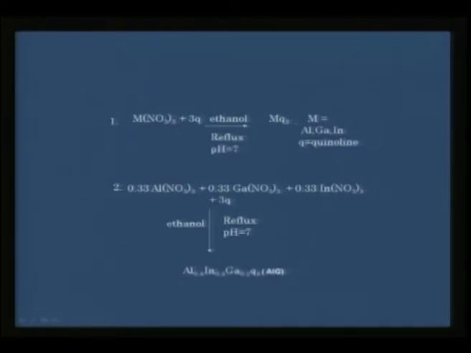How do we prepare such a complex? Individual complexes you can prepare by taking the nitrate and hydroxyquinoline. If you reflux this at an optimum condition, then you get aluminum Q3 or indium Q3 or gallium Q3. Now if you want to prepare a solid solution, you take these in stoichiometric proportion. If you reflux it, then you get this compound. As you see, although you take 0.3, 0.3, 0.3, in net you seem to get only this sort of compound as a solid solution, which means this is the most preferred stoichiometry at which the solid solution can be stable.